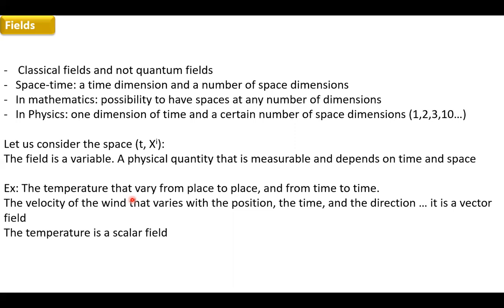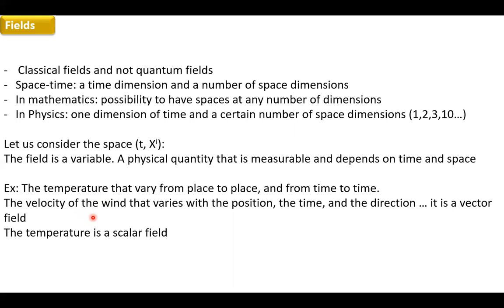So in the morning you have a lower temperature, at noon you have a higher temperature, etc. So at different places and different times you have a different value of the temperature. So here the temperature is the field that varies from place to place and from time to time. You can also take the example of the velocity of the wind that varies with the position, the time, and